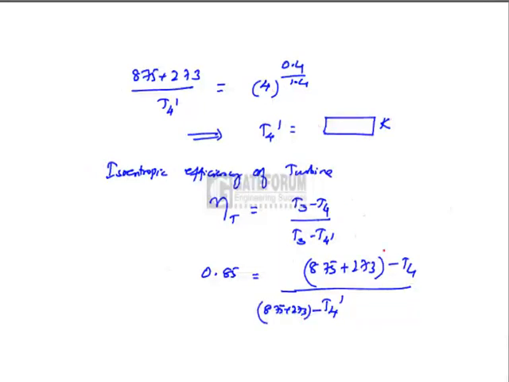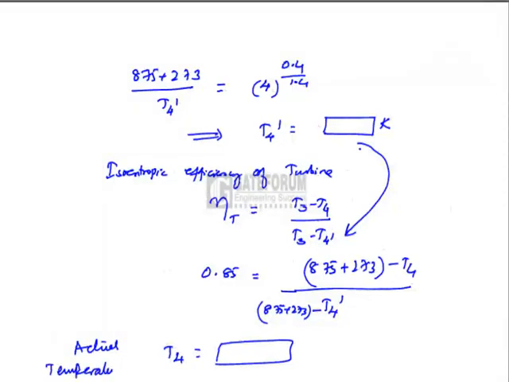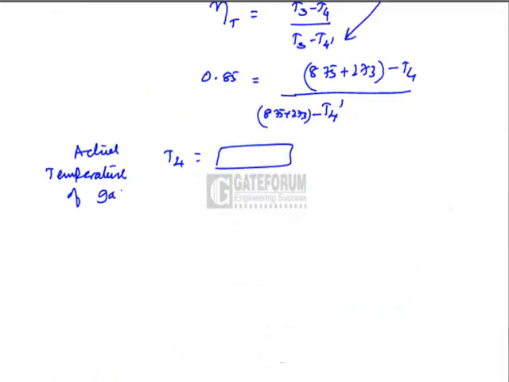This T4 dash could be substituted here, and the actual temperature of gases leaving the turbine could be calculated,